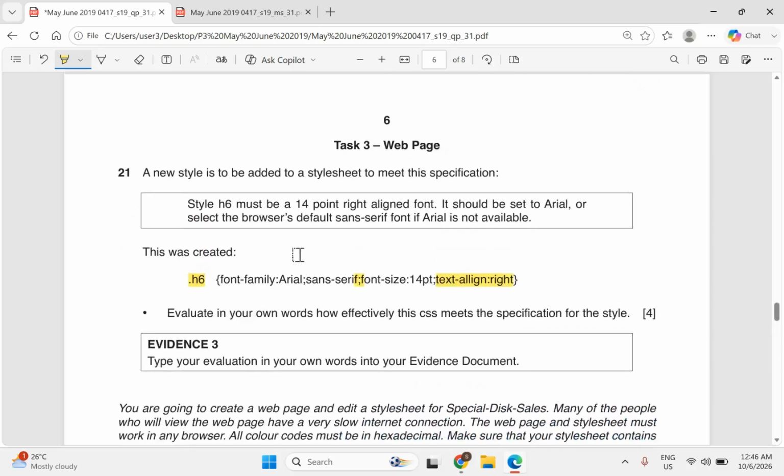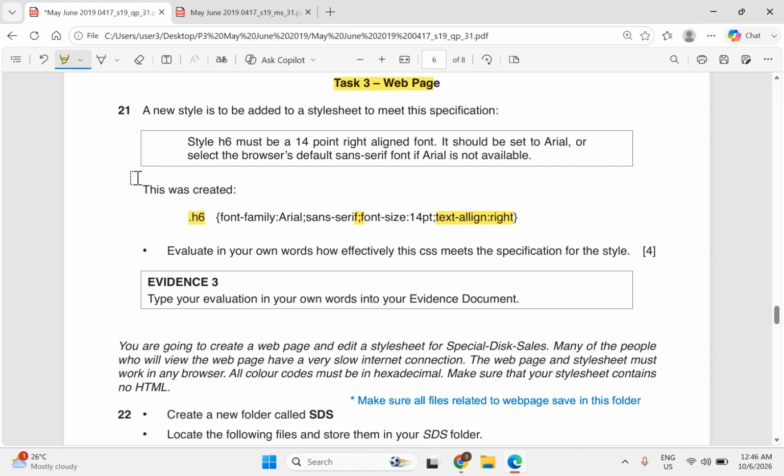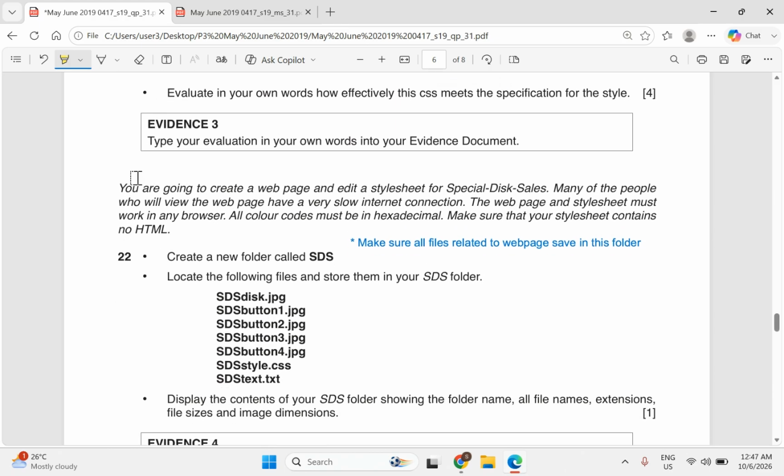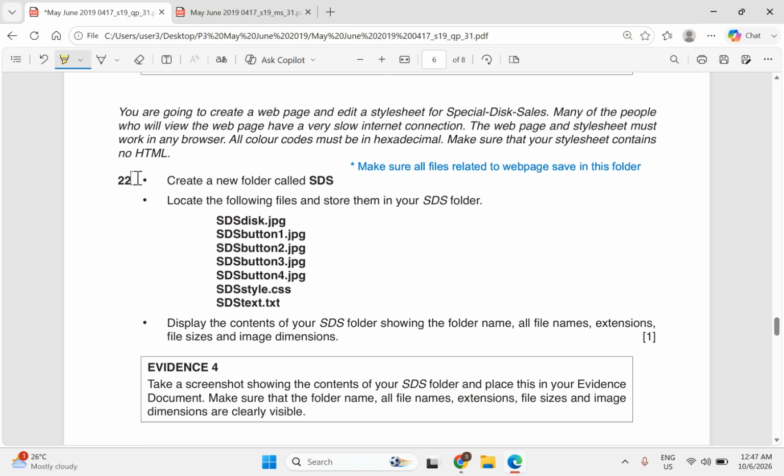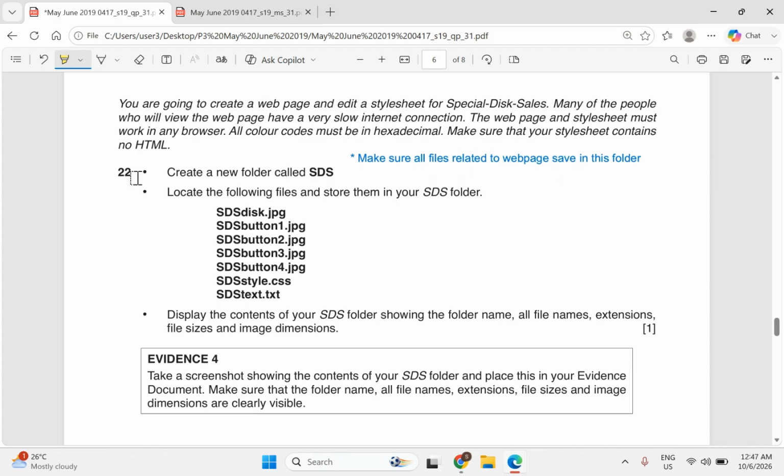Okay, so let's jump to page 6. We will be doing task 3, web page. For step 21, this is only questions that ask you to write the explanation in the evidence. For this step, I will skip and I will focus on step 22, where we will start doing our